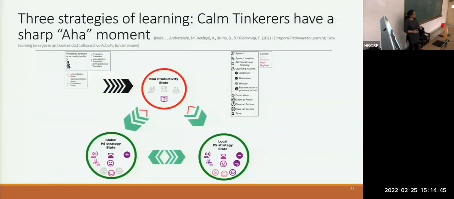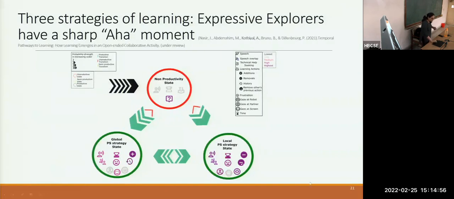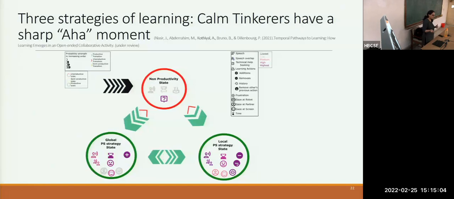We found similar results with the other learning group, except it's just a little bit different in terms of the time. It's more probable that one group does a local strategy at the beginning and a global strategy at the end, whereas it's reversed for the other group. But essentially, the takeaway is that both of them do both of these strategies, and they have a sort